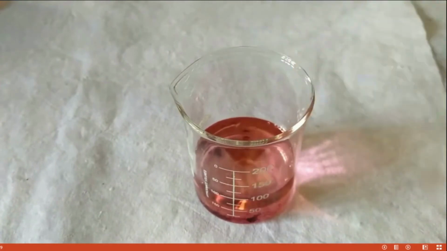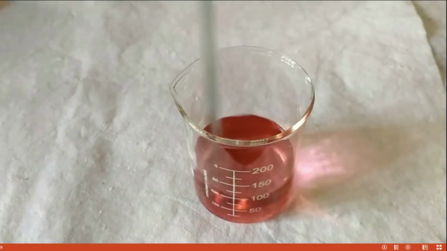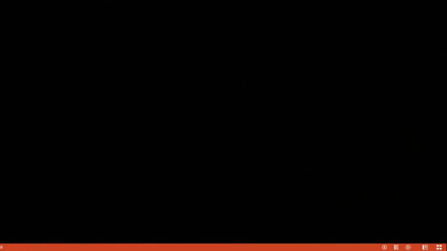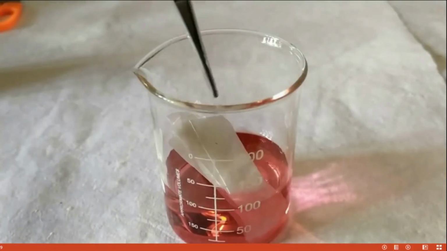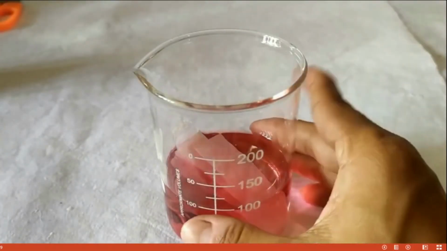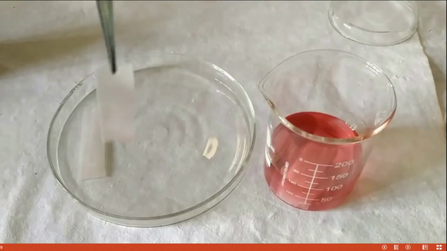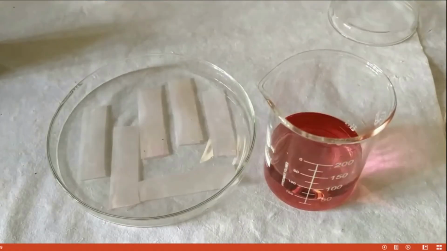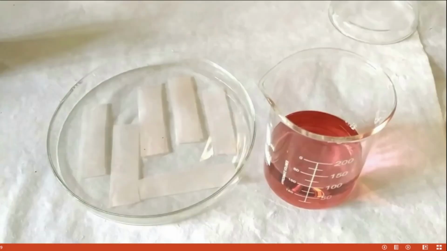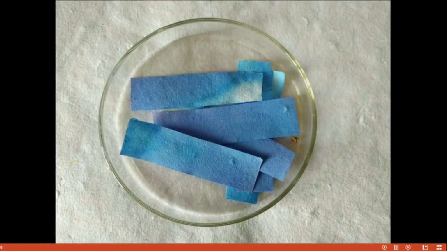With the help of the glass rod, stir well. Then put paper strips in the cobalt chloride solution and soak well. Then after that take them out, put them into the petri dish and keep the papers under the sunlight. You need to dry them. Then after that the paper becomes blue in color. Okay,